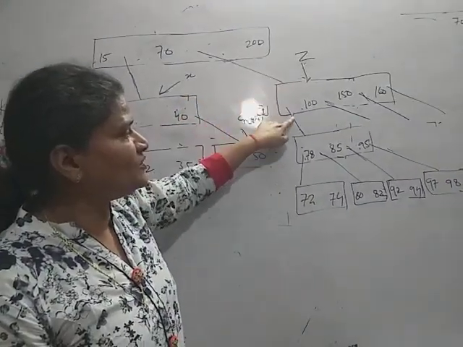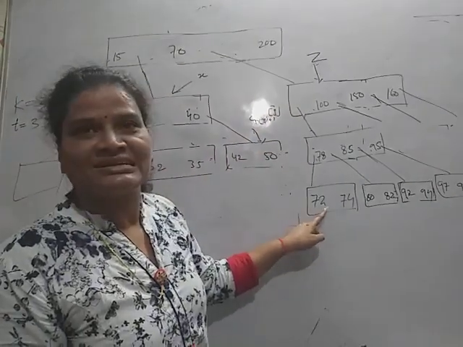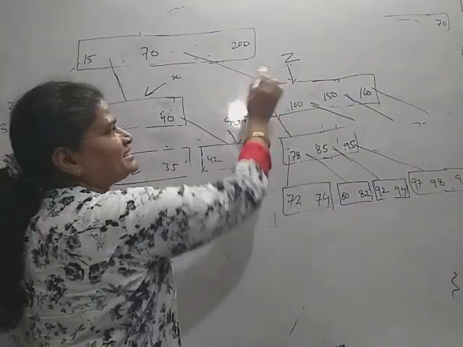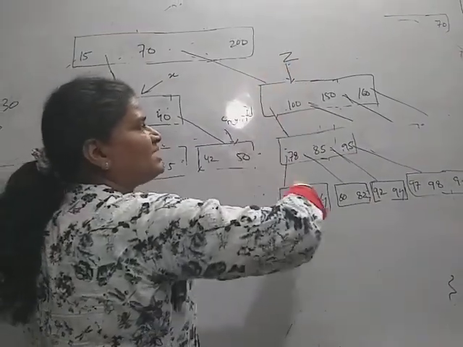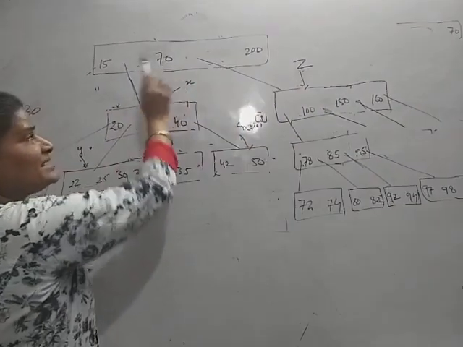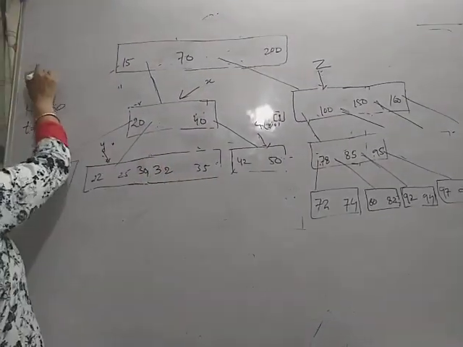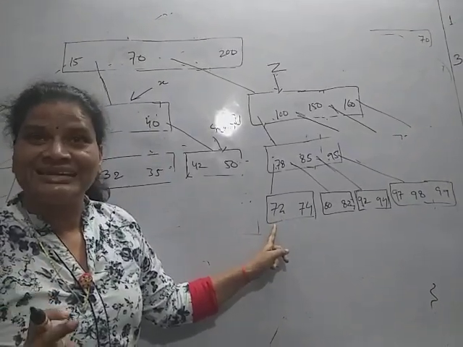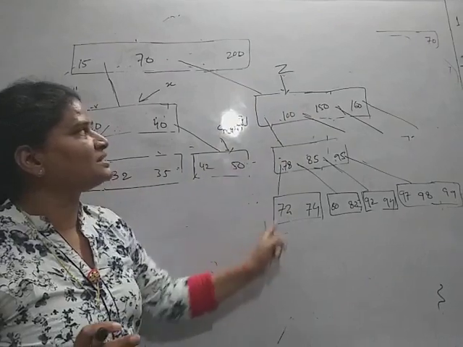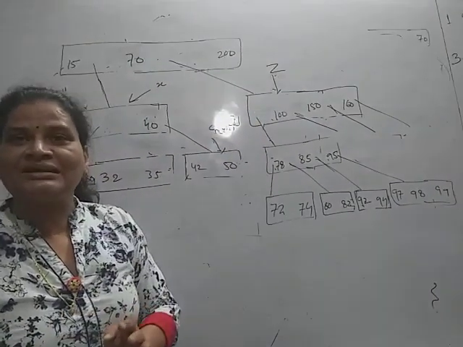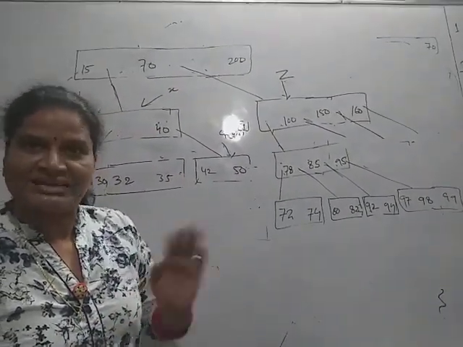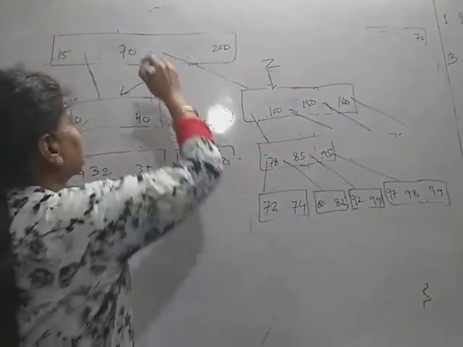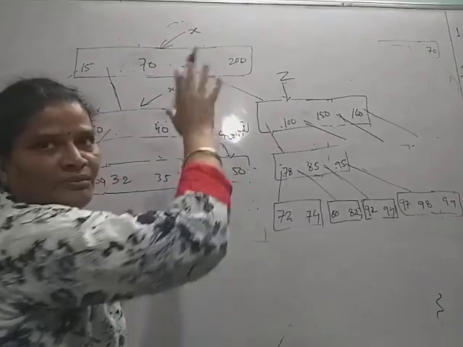So here we move to the first child, and this is the case. 72 is the key. This is containing t minus 1 keys. So here our objective is to find the immediate successor of K dash. In this case K dash is 72. Our objective is to delete K dash from the subtree rooted at Z, and this will be done in a single downward pass. Again we start from X, which is still in the main memory.